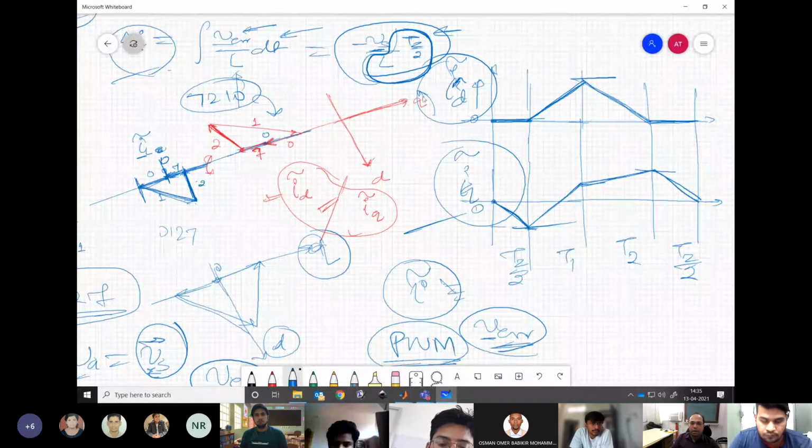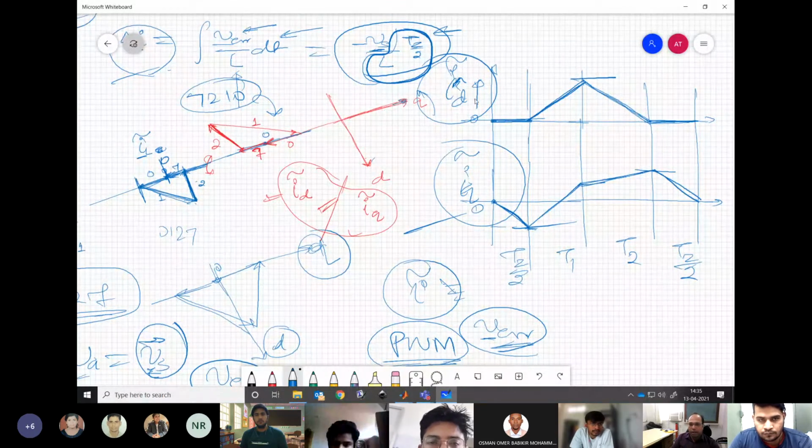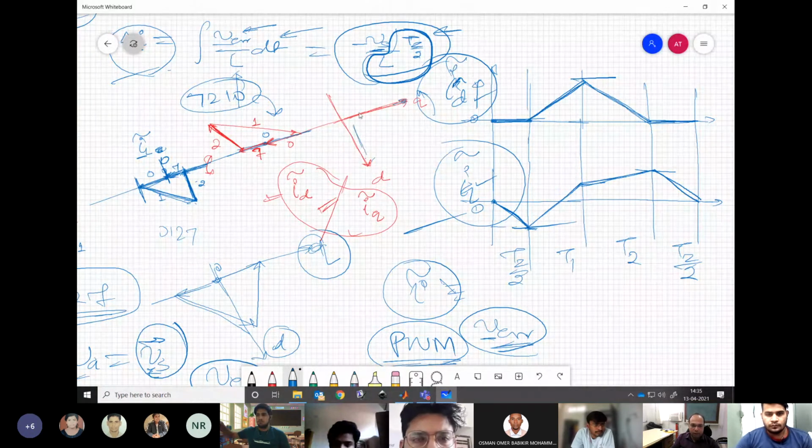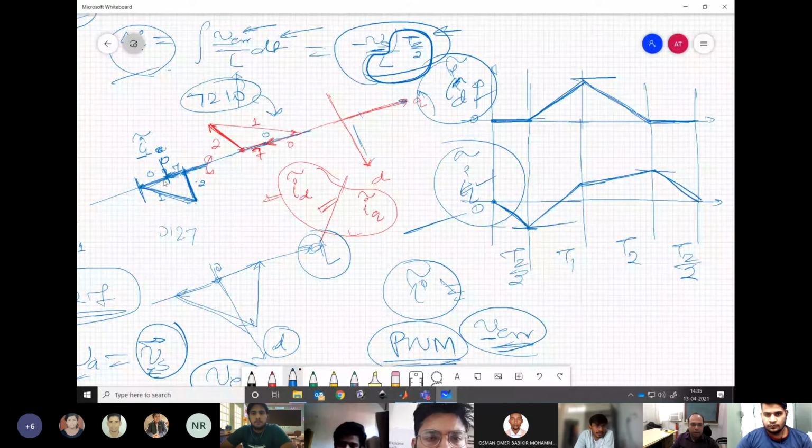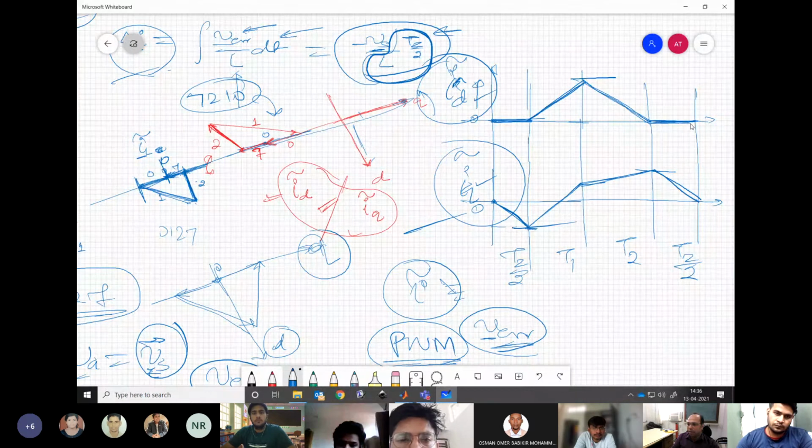Now, if you project, because these are all synchronously rotating vectors, we can have our synchronously rotating reference frame dq, where q will be aligned along the voltage vector. So we can write our d axis and q axis ripple in the current. So d axis ripple means what? Whatever is happening along d, whenever the vector is coming out of this q axis, that is the error along the d axis. So if you see, during the 0 vector, it is not coming out. It is always along the q axis. So we have 0 on both sides for both Tz by 2 periods. Clear?